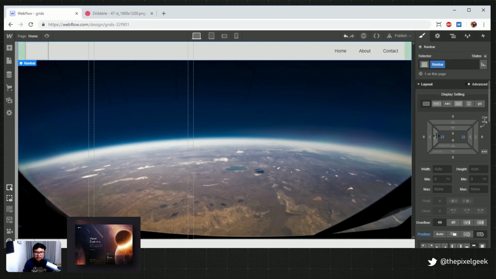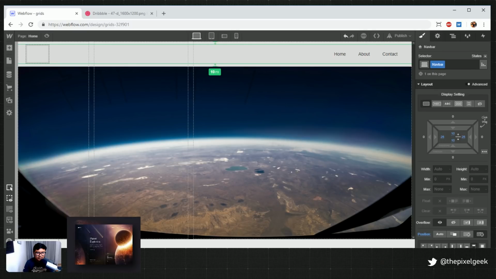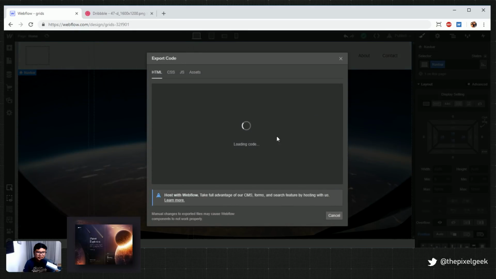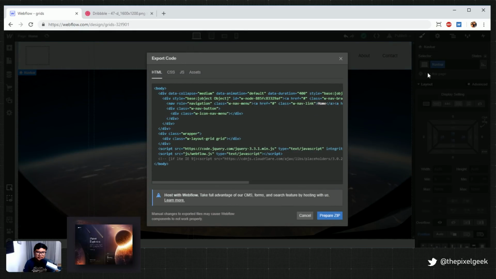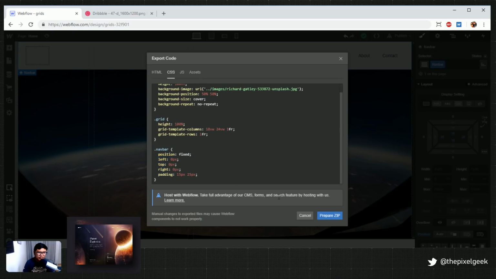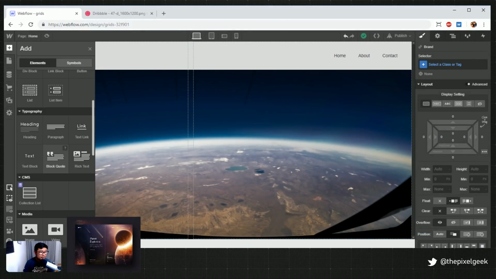Okay, let's do that. Oh, in universe crawler, I'm writing CSS as I'm playing around with this. So this is real CSS that I'm writing. Want to see the proof? This is a class of navbar. This is the HTML that I've just made. And where is it? Navbar. There you go. See? Boom. I just made code without coding. What's up? Alright, so let's go ahead and put a text block in here.